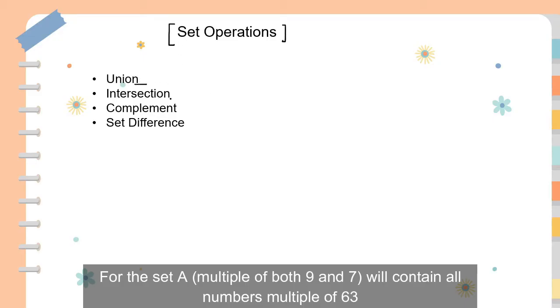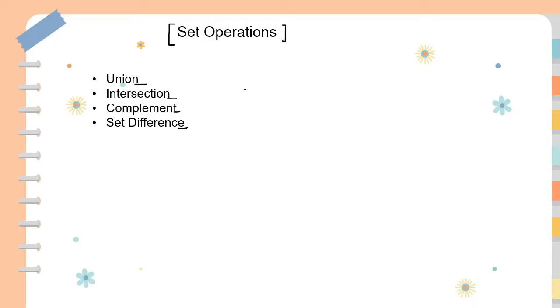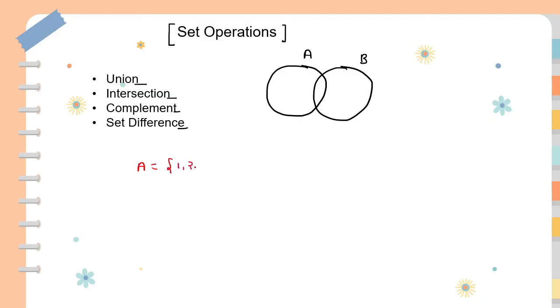So what is meant by union, intersection, complement and set difference? Let us assume two sets, A here and B here. By taking an example we can understand it better. Let us assume A contains 1 2 3 5 7 and B contains 7 8 9 and 5 as well. So what will be the union? Union is denoted by U. So A union B will be equal to,